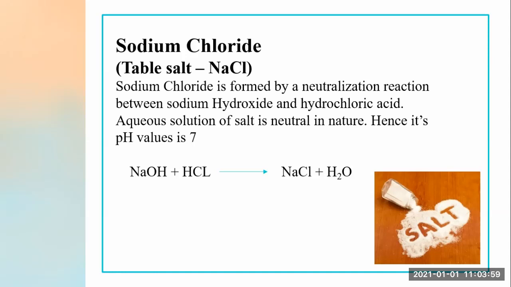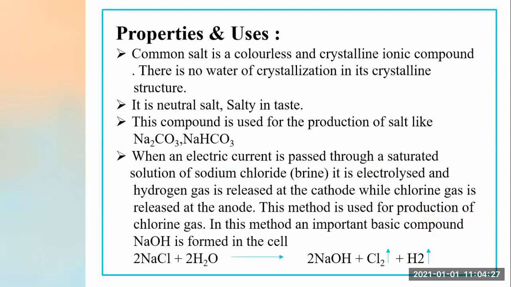Can you see the replacement here, students? Na gets attached with Cl, giving us NaCl, sodium chloride, plus hydrogen gets combined with OH, giving us what? H2O, that is water. And see here, I have also shown a photograph of common salt. Now I hope you have all understood very well what table salt is, that is sodium chloride. Now we will see some properties and uses of this.